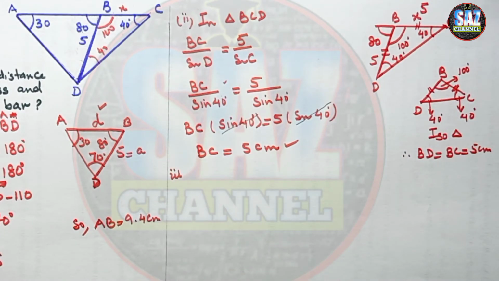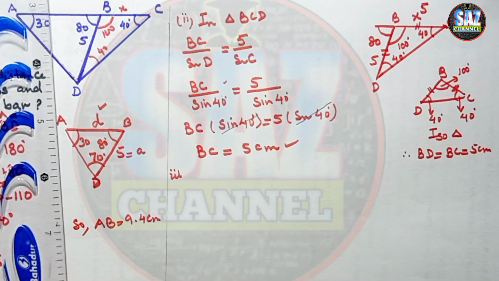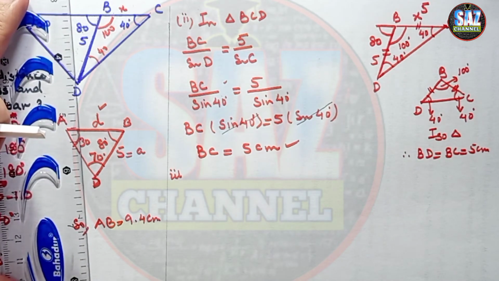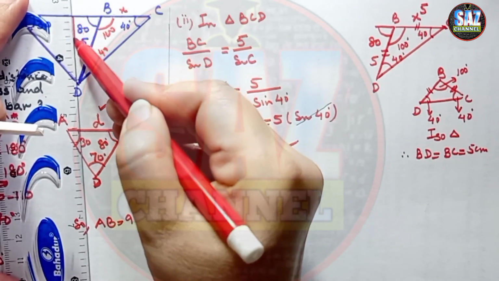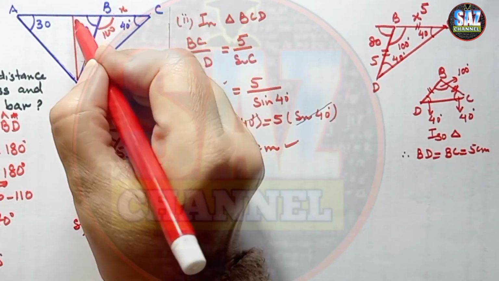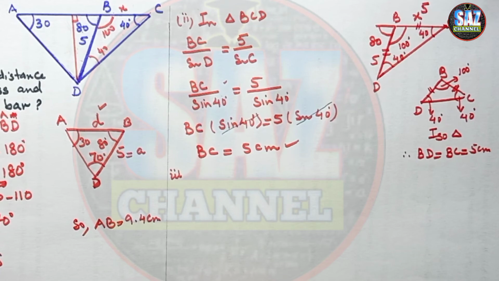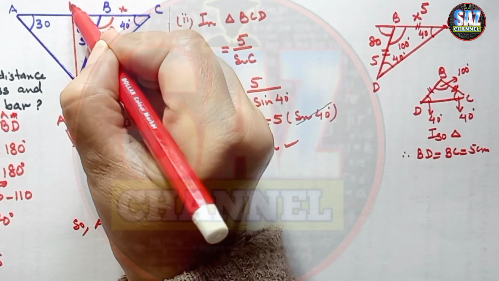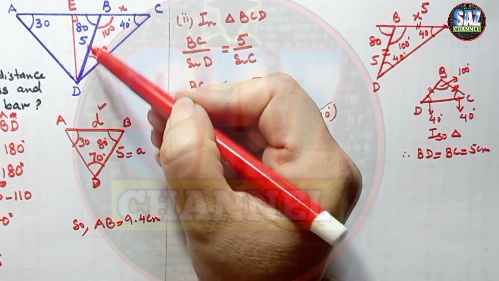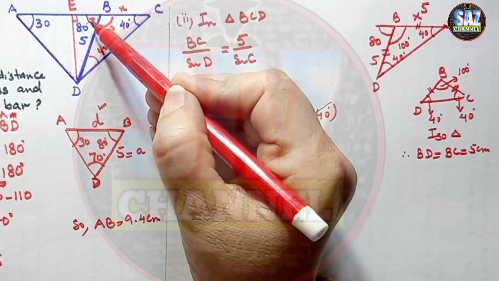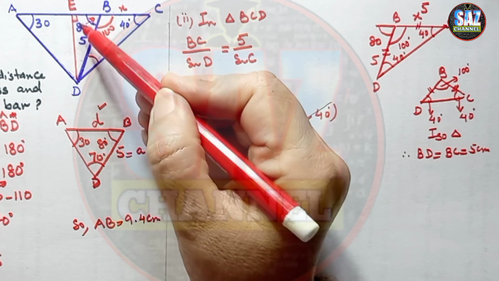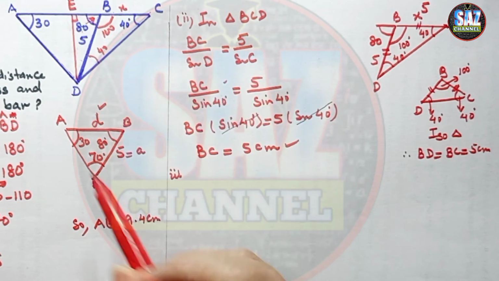So for that purpose, I have to drop a perpendicular from vertex D towards AB line, and as this is the vertical distance, due to this perpendicular line, I will have a small right triangle here. Okay, and now in order to find this vertical distance, let me give some names over here so that I can easily tell my students which portion of the diagram we are taking. This 80 degree angle is at vertex B. We will be having the right triangle BED due to this vertical distance or vertical length.